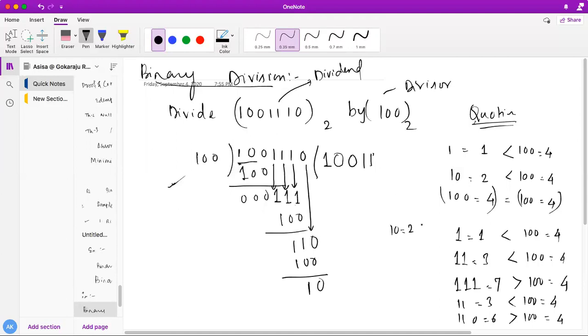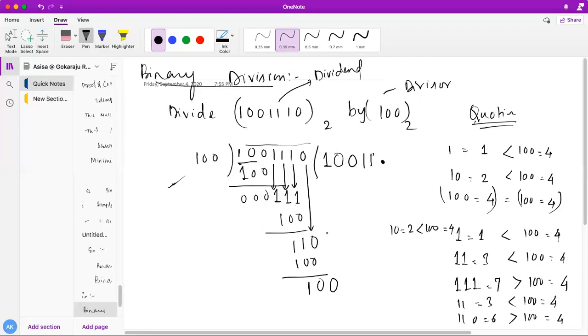10 means it's 2. I cannot perform the division with 4. So what I have to do here, but no drop down value is there. All the dividend bits have been used up. So what you need to do here is put a dot over here. If you want to drop down 10 over here, you have to put a dot, because all the values of the dividend are over. We have dropped down everything, so there is no drop down value available for the dividend.